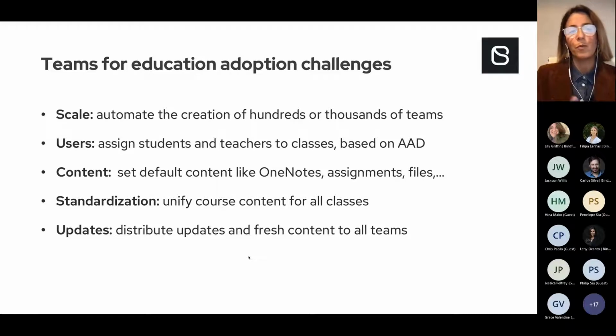Starting with the first two, which are related to scale and to users. Typically, we talk about these challenges when we think about the automated creation of hundreds or thousands of teams in Teams for each classroom and associating students and teachers to those teams. These two challenges are right now addressed by the use of School Data Sync, which then synchronizes this information to the Azure AD. But this is typically not enough when we think about providing modular curriculum to